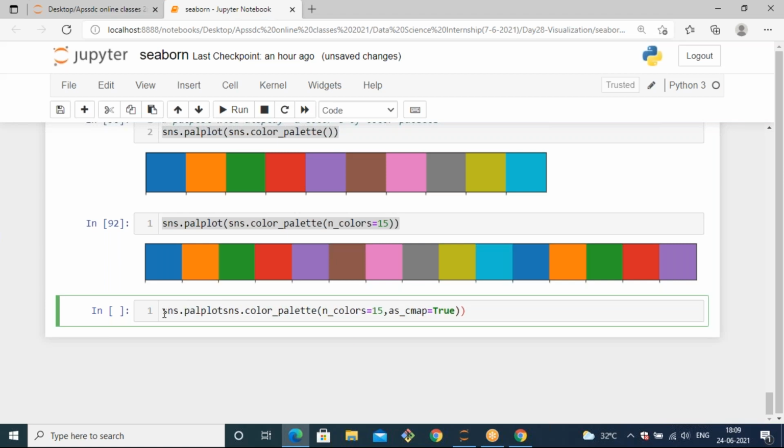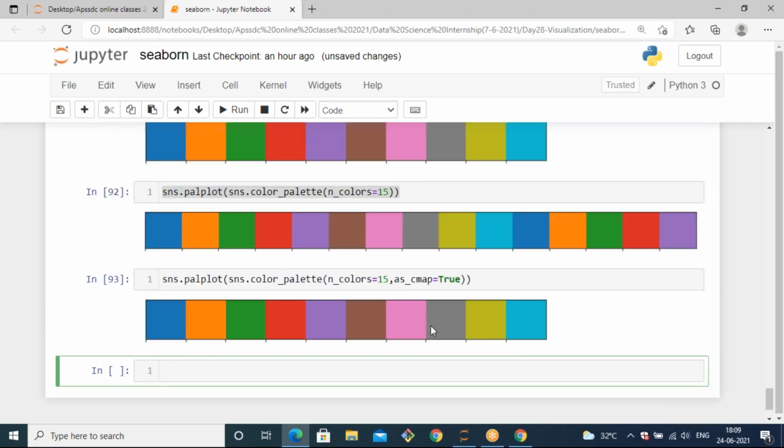so that you can observe the colors of matplotlib. With sns.palplot, that means it will generate all dark colors like this. If I mention n_colors as 15, it will generate only 10, I think: 1 2 3 4 5 6 7 8 9 10.